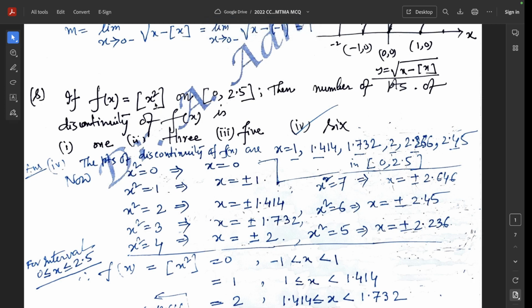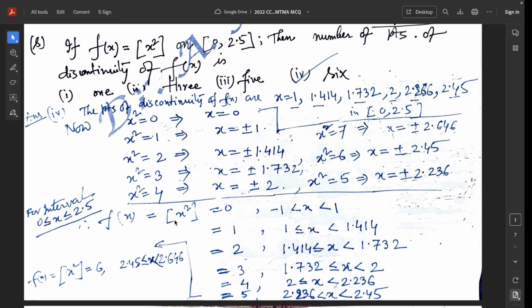Now box x square, so x square equal to 0 implies x equal to 0. X square equal to 1 implies x equal to plus minus 1, and so on. X square equal to 6 when x equal to plus minus 2.45. So f of x equal to box x square, that is the greatest integer function of x square, this equal to